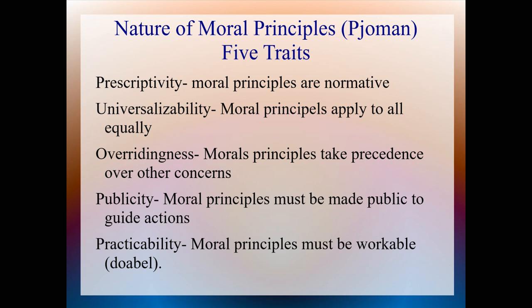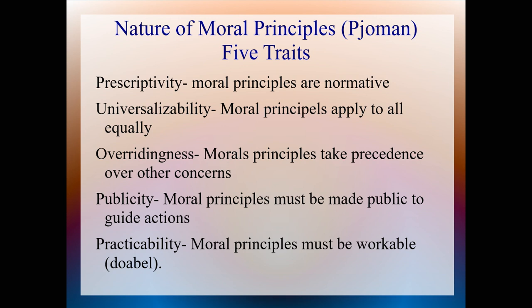There are also some moral principles, 5 traits or 5 aspects here. These traits are things that, if something is a moral principle, Poyman argues that it will have these 5 traits. And if something does not have all 5 of these traits, then whatever it is, it's not a moral principle, because a moral principle would have to satisfy the conditions of having all of these traits. So let's look at them. The first is